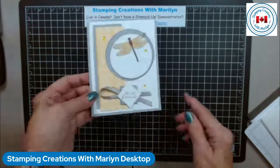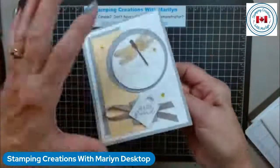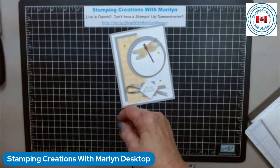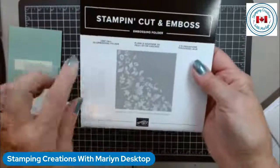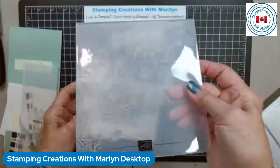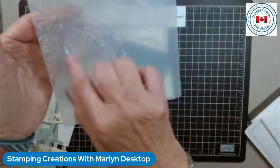So for her card, she has basically a card base, a layer here that was embossed with the new Leaf Fall embossing folder. Watch, I don't dump my papers all over. It is really a nice folder. And I really like that if you can see, the angle is to where you can do part of a card,